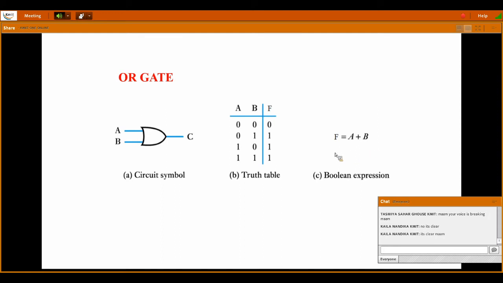Okay, ma'am, thank you. So the logical expression for the OR gate is F is equal to A plus B. This is a Boolean expression. From now, each and every expression that we write in digital circuits, we will call a Boolean expression, not an equation. Boolean expression is the technical term used in digital systems. And the table where we check all the input combinations and write the outputs for all of them, we call a truth table. And this is the circuit symbol of an OR gate.